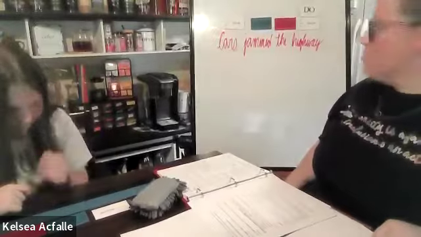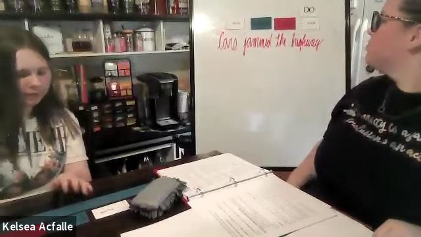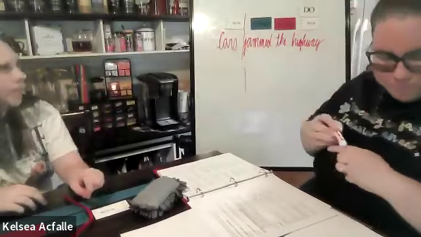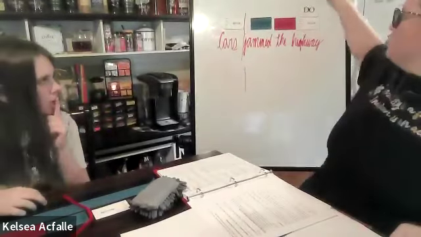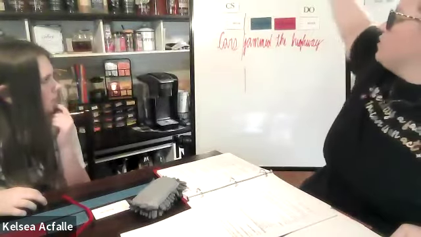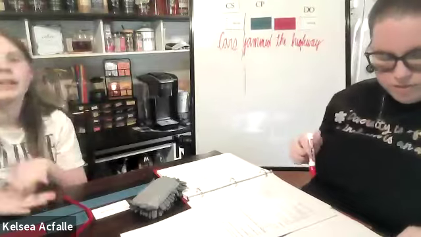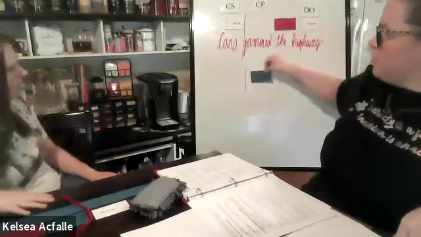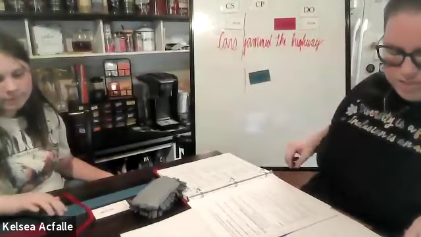Where do we divide the sentence? Right in front of the action verb. Before the action verb. Good job. Everything before the action verb is the complete subject. That action verb and everything after is the complete predicate. Good job. Let's label this down to our top line. What is the action of the sentence? Jammed. Jammed is the action verb.